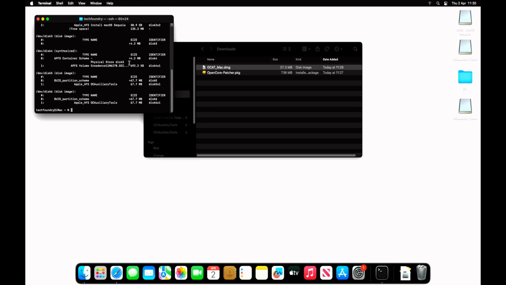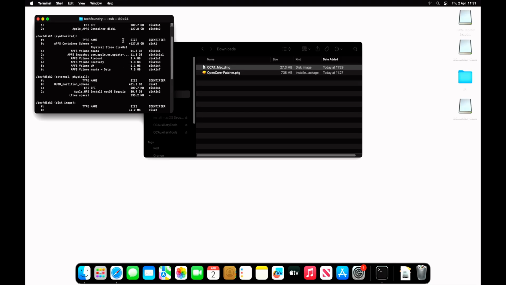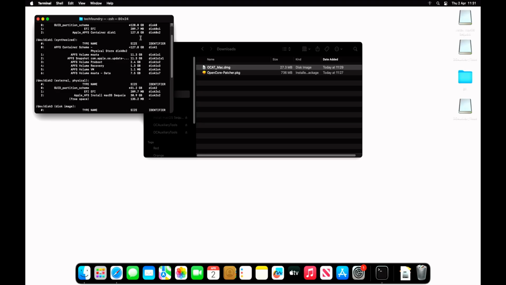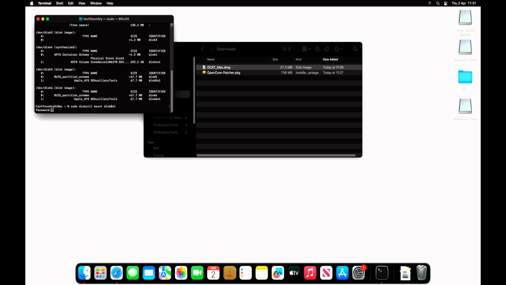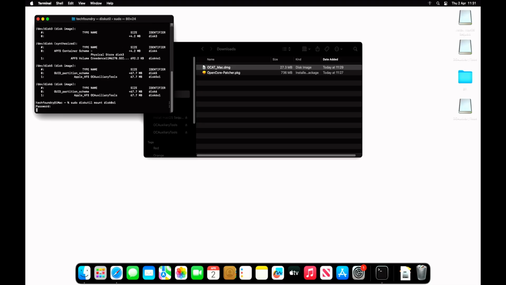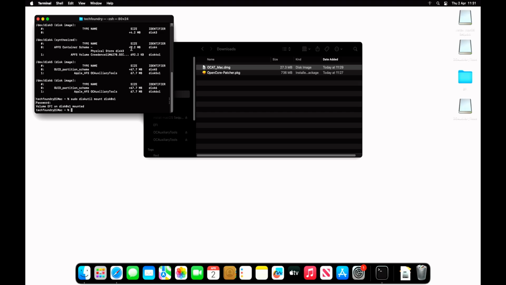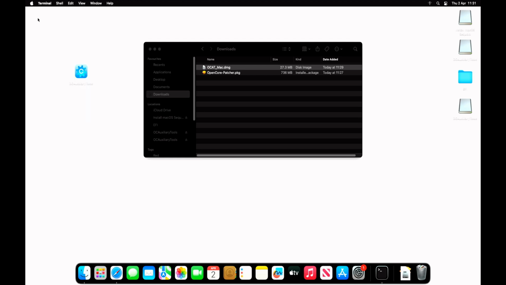We won't even temp that, so we'll do sudo diskutil mount disk0s1. Disk 0s1. Press enter, and that's mounted. So if we shut that down